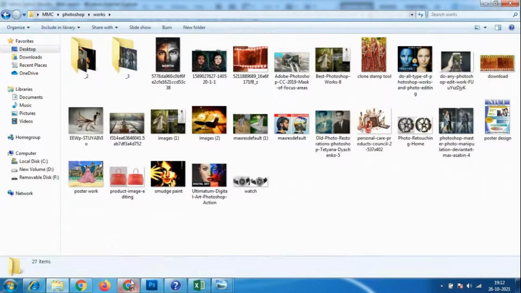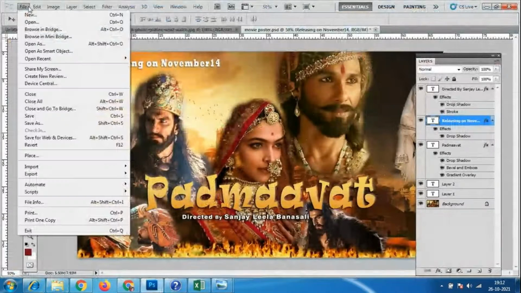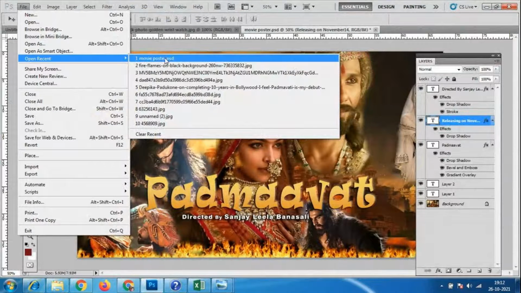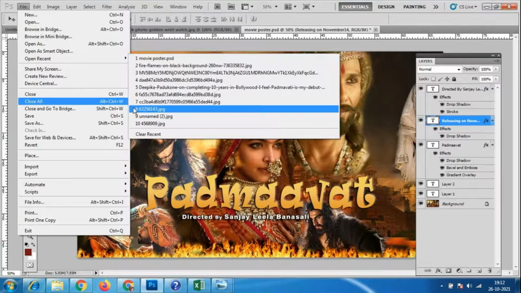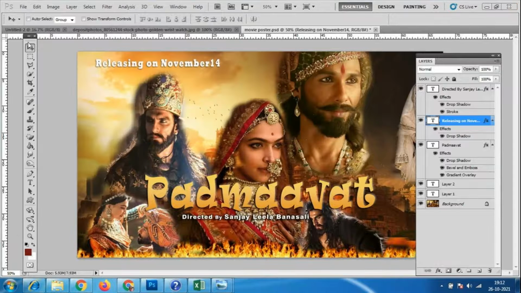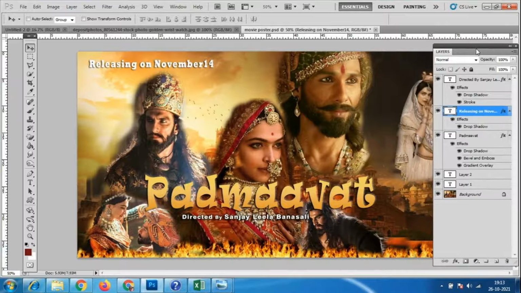This file, open recent file. Okay, let us find it. Okay, so for the jewelry designs, I have given three different topics. Okay, jewelry, otherwise any product designs you can make, or educational things you can make. Okay, so any of the designs you can make. And this is the movie poster design, so you can try this also. For everything marks will be there. Okay.